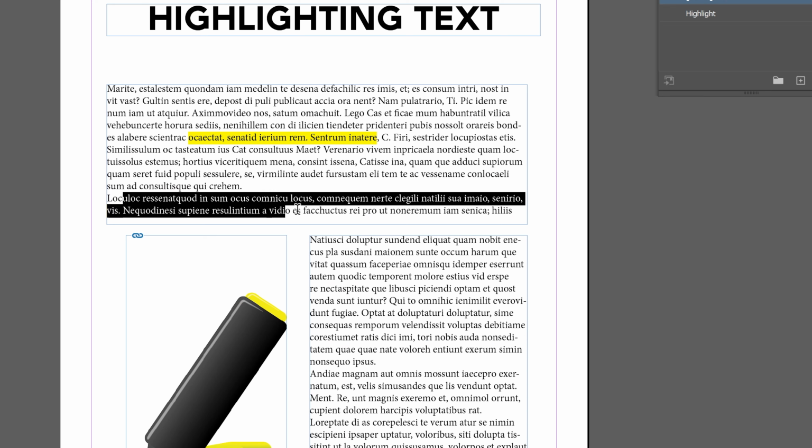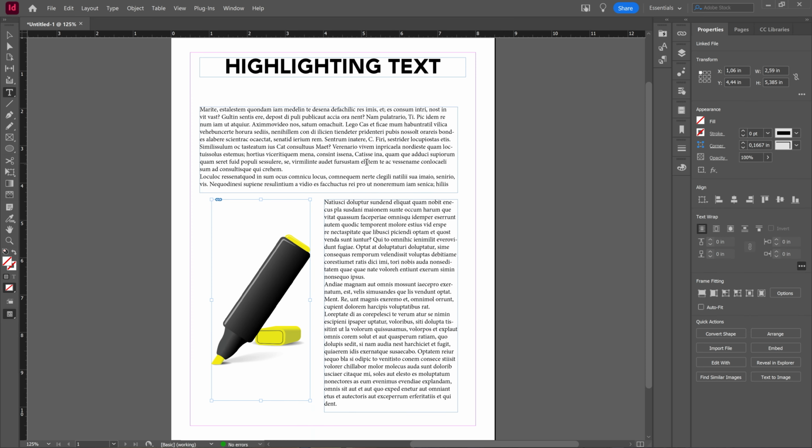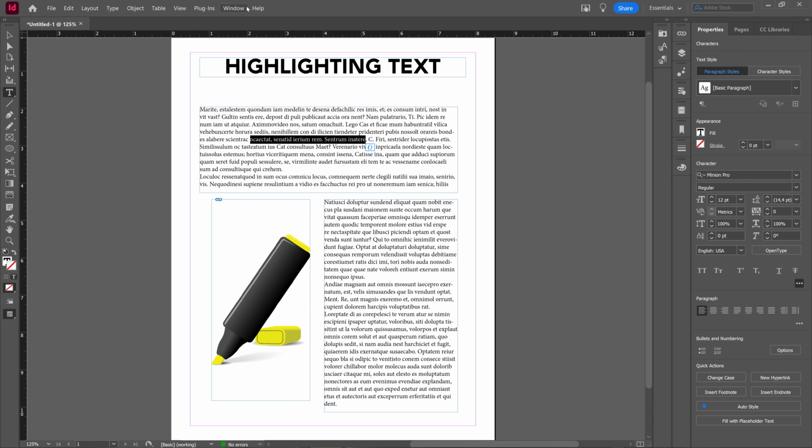In this tutorial, we're going to take a look at how you can highlight text in Adobe InDesign. Now, there isn't an easy option to do so, but there is a workaround you can use to highlight your text. So first, I'm going to select a text here, and then I'm going to go to Window,